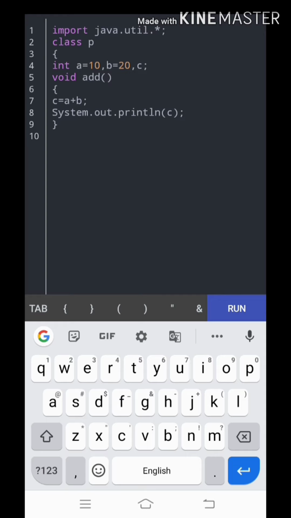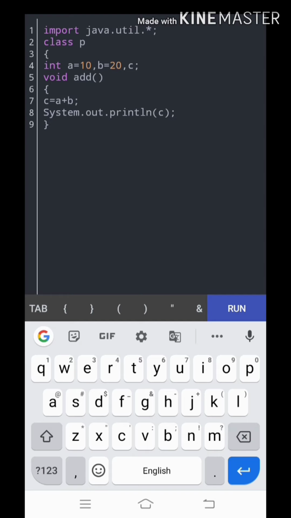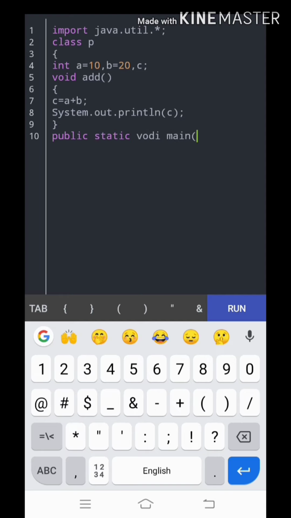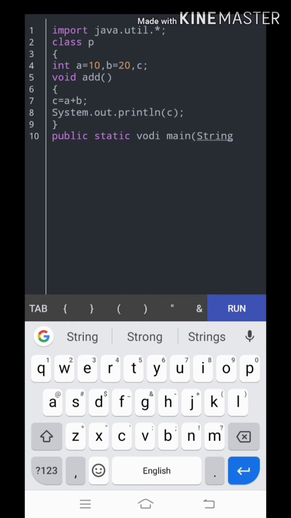As we all know, in Java and also in any other programming language, the execution starts from the main method. So I am going to write a main method: public static void main, String args.